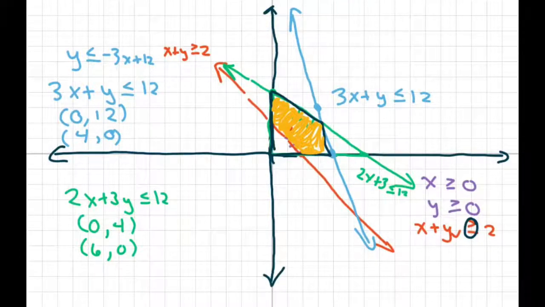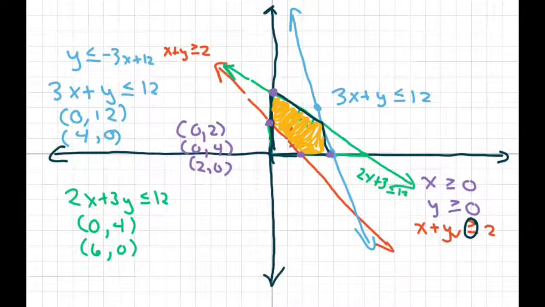Now I know some of the corner points. Let's do this in purple. This one right here is (0, 2). This one right here is (0, 4). This one right here is (2, 0). And this one right here is (4, 0). So I have 4 corner points, but what I don't know is this one right here. So it's bounded by